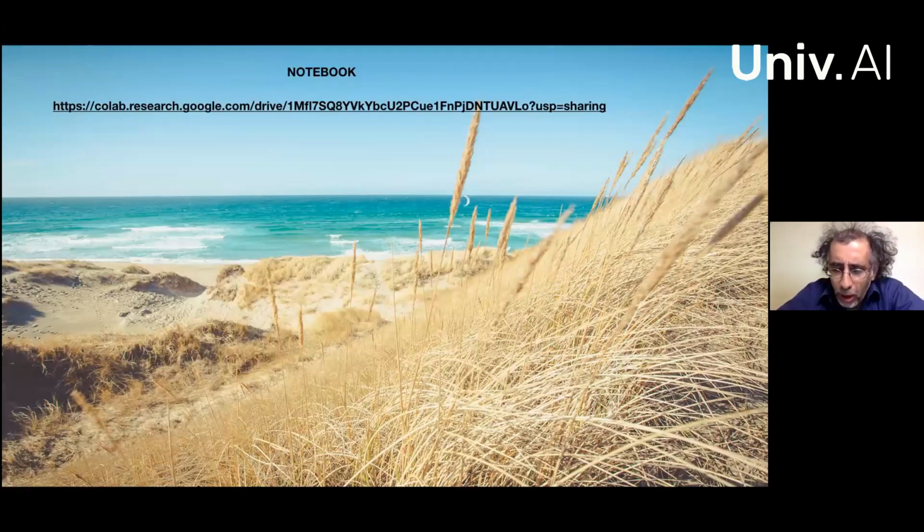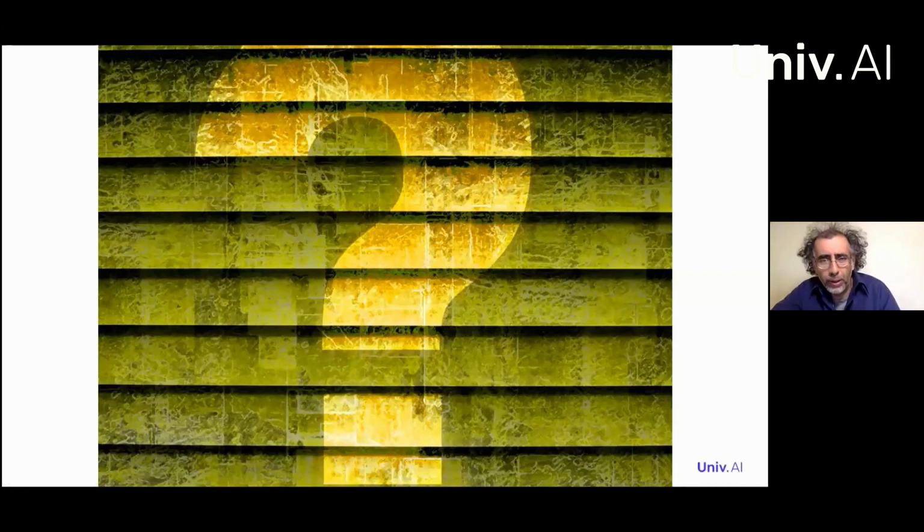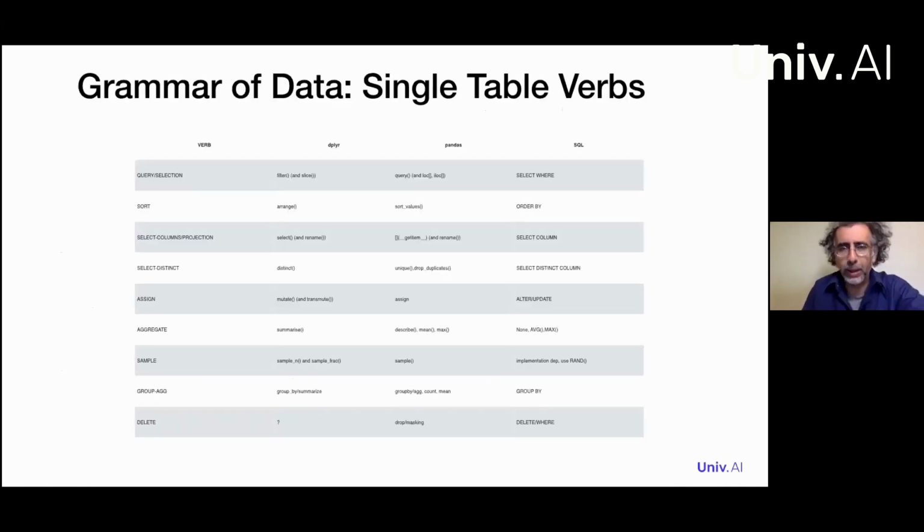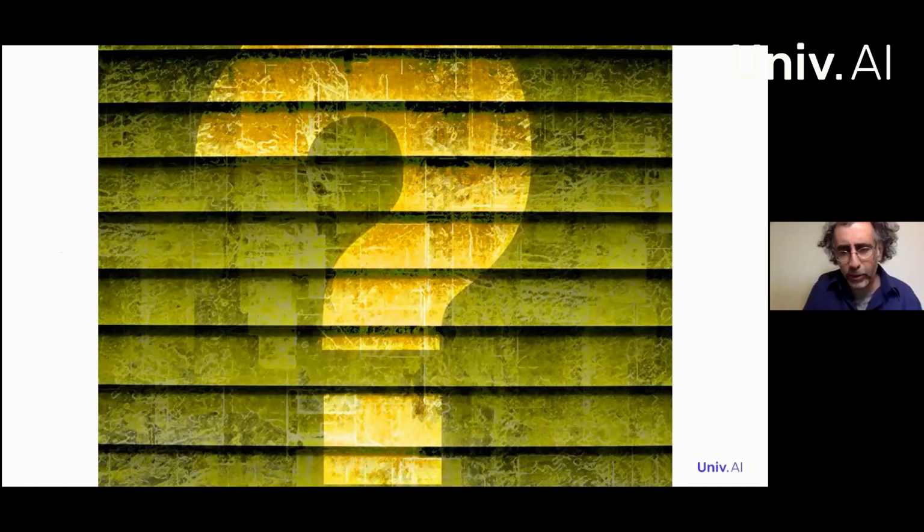And we'll get to the notebook and talk about SQL a little bit, but I'm going to actually skip forward a little bit and talk about the grammar of data in the interests of time. One thing you will notice is that every system has the same kind of functionality. There are core data manipulation commands which are universal across systems. And by identifying them, we know what functionality to search for when we encounter a new system. It was first formalized by Hadley Wickham, actually in R, in a package called dplyr. And you can see the link if you'd like to read a little bit more about this. Okay. So we'll come to these verbs, but let's actually go back to the notebook for a second